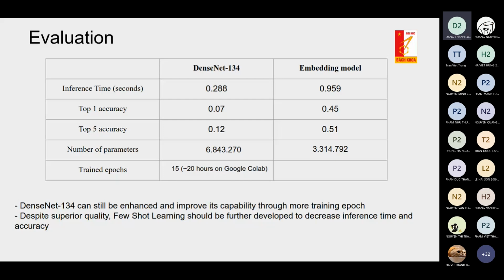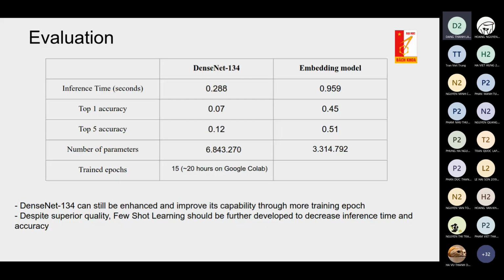But in the meantime, we have 0.51 accuracy on a dataset that has 11,000 classes with just about 32,000 images. So I think this result is